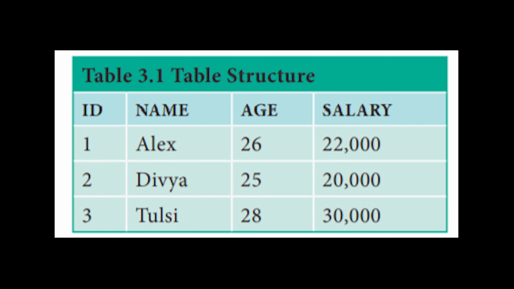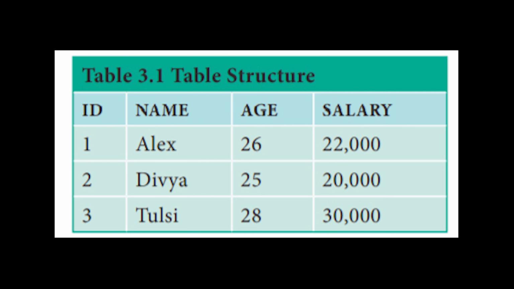Next one is column. In the table we saw, a table will have several rows and columns, right? The table can be divided into smaller parts in terms of columns. Each column, as I said before, is an attribute. Here in this table you will get an idea. See this ID, this is a column. Name is a column. Age is a column. Salary, this is a column, right?